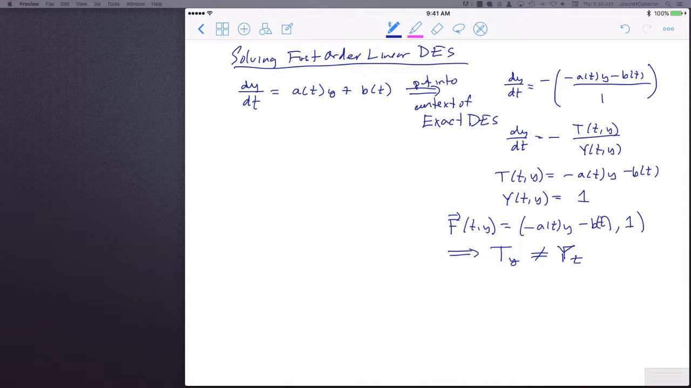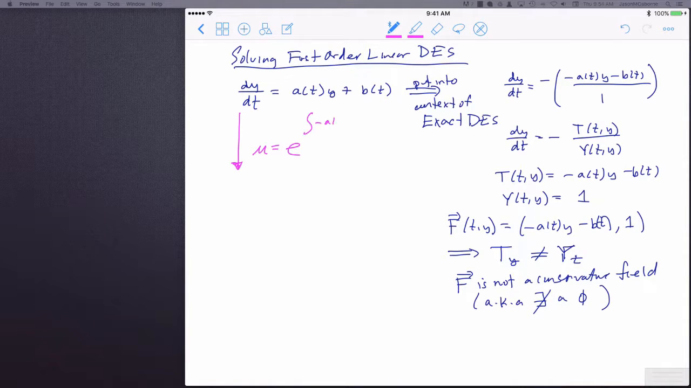Okay, so this implies that F is not a conservative field as it stands, which is also known as there does not exist a potential function phi. Okay, but we were able to fix that with an integrating factor. So recall that if we took this first order linear differential equation and defined the term mu, which was e to the integral of negative a(t) dt,